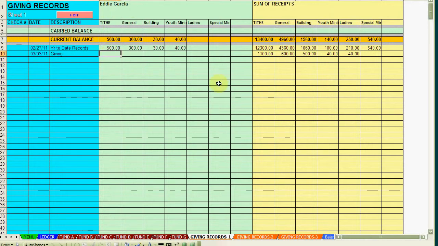And let's say that Mr. Eddie Garcia gave $1,500 in tithes. He, excuse me, he gave $280 in the general fund, maybe $300 in the building fund. Okay, so we'll hit exit,